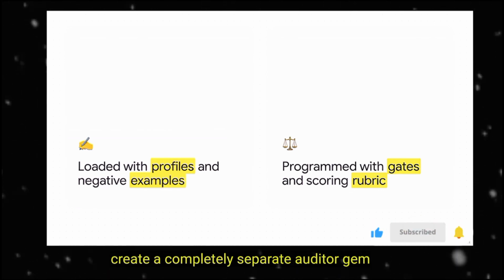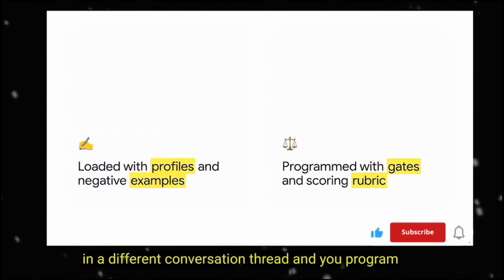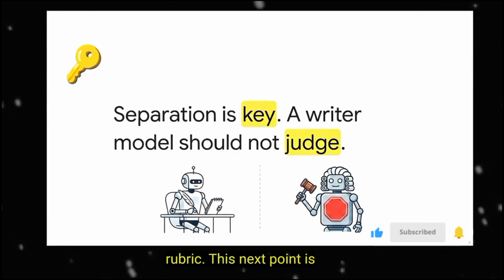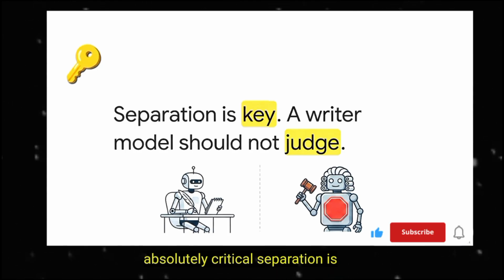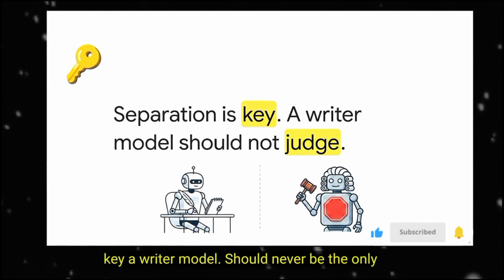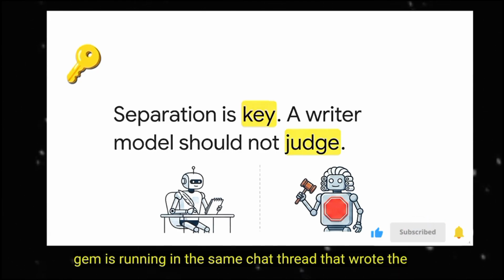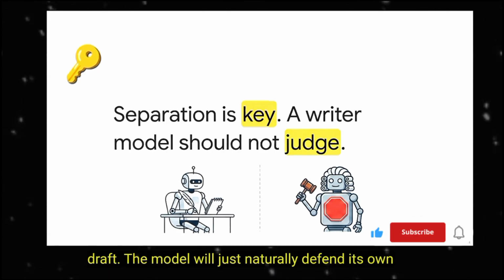Then you create a completely separate auditor gem in a different conversation thread, and you program that one with hard gates and a scoring rubric. This next point is absolutely critical. Separation is key. A writer model should never be the only judge of its own words. If the auditor gem is run in the same chat thread that wrote the draft, the model will just naturally